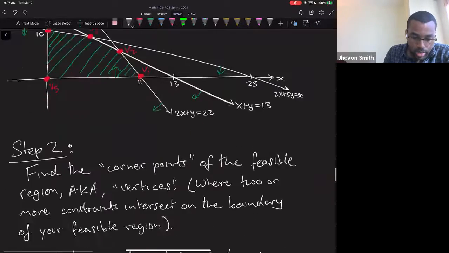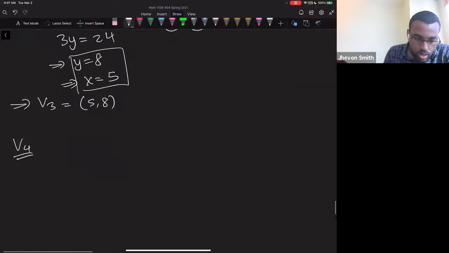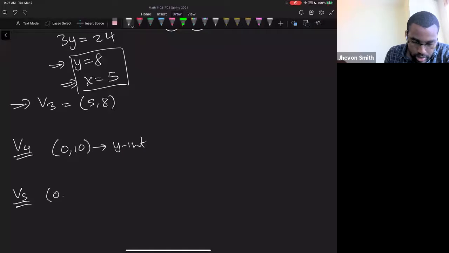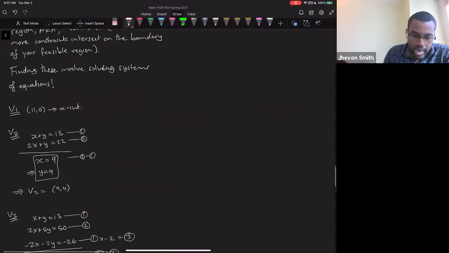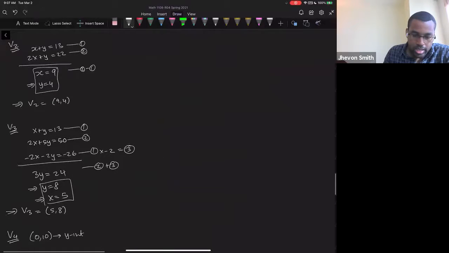That's the y-intercept, so that's just going to be 0, 10. It's a y-intercept. V5, that's 0, 0. That's the origin. Right? So in this particular problem, we had to